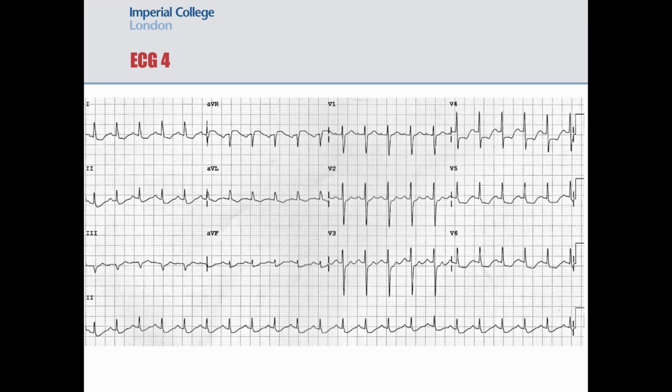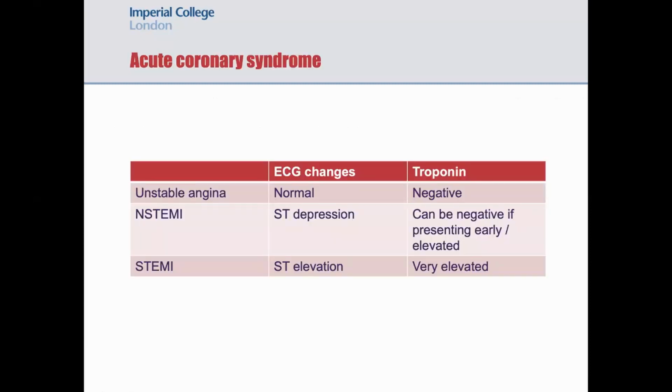I can see ST depression in leads 2, 3, 4, 5, 6, and 1. That's all the leads where I can see it. When you see an ST segment abnormality in one lead, it's very important to go through the other leads and say it all in one go, so don't miss out any leads where there is an ST abnormality. So this is ST depression, and now we're just going to go through acute coronary syndrome